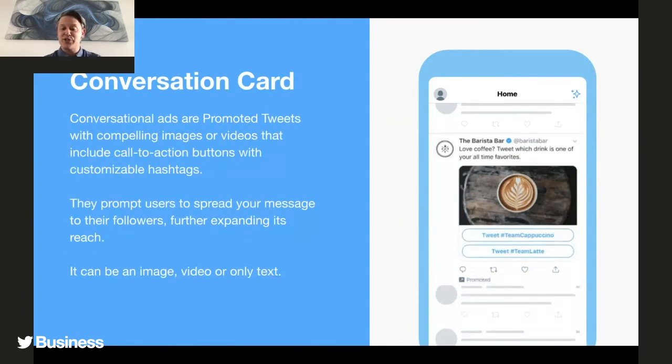Next up is conversation cards. It's somewhat similar to a Twitter poll. In this format, what you can do is take a promoted tweet that can be paired with media, both image and video, and include call to action buttons with customizable hashtags. So it's a way where users can vote how they feel on a topic, or decide what team they fall into. As you can see in the example here,